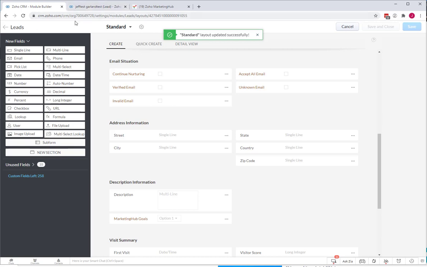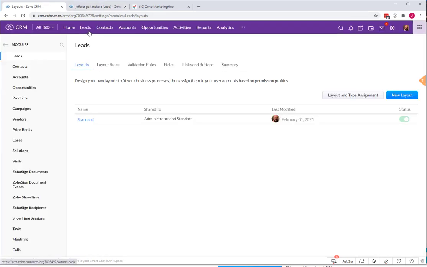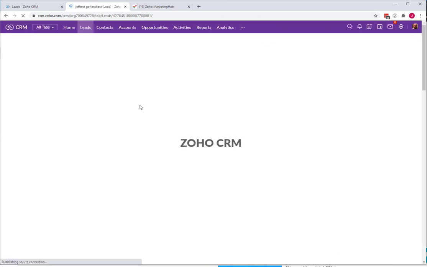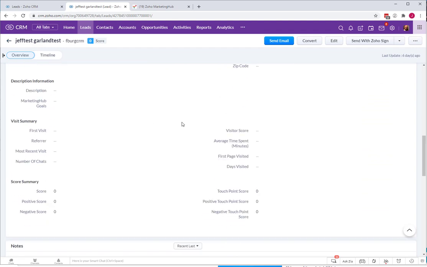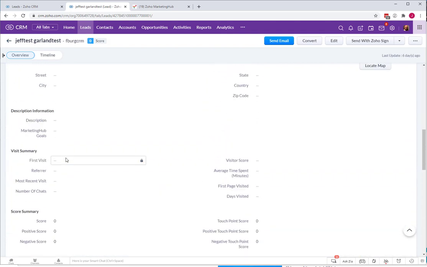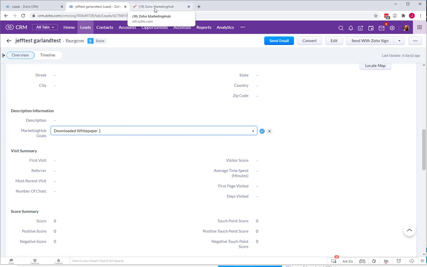Let's go to our leads. Let's refresh this test lead. If we scroll down, you can now see this new list, and CRM automatically put this here, Marketing Hub Goals History. And what that's going to do is it's going to track your Marketing Hub goals. So as you achieve goals, and I'll show you this in a moment, once a Marketing Hub goal is successful, it's going to push it here as achieved. It's going to change this field to whatever goal you just